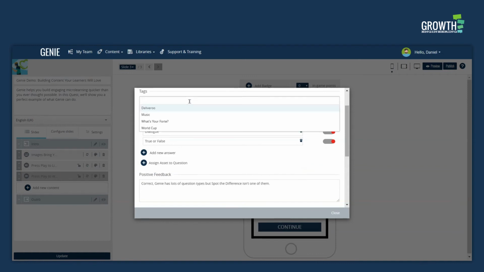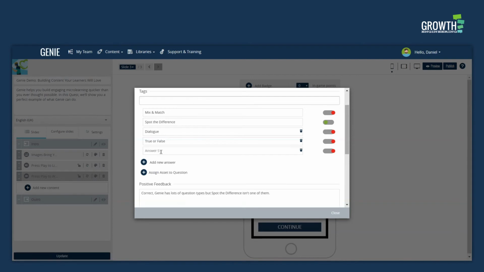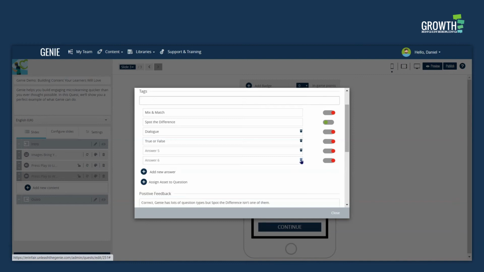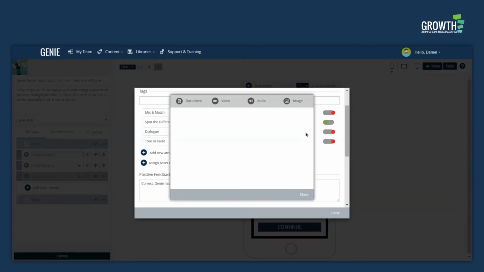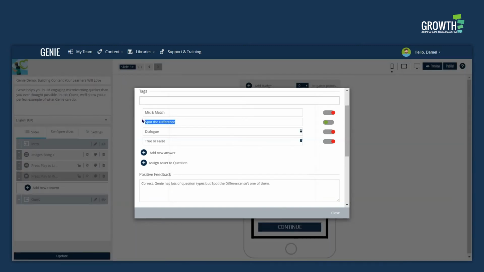And then you can add tags if you want to make it searchable. And then you can add your answers in this section here, and you can add as many as you like without limit. I'm going to delete these ones because I don't need 7 answers. I've got 4 for now, and that'll do me fine. And then you can simply slide on the right hand side, red, green. Red means it's not the correct answer. Green means it is. You can have as many correct or incorrect answers as you like. For now, I'm going to leave this one, spot the difference, as the correct answer because Genie doesn't have any